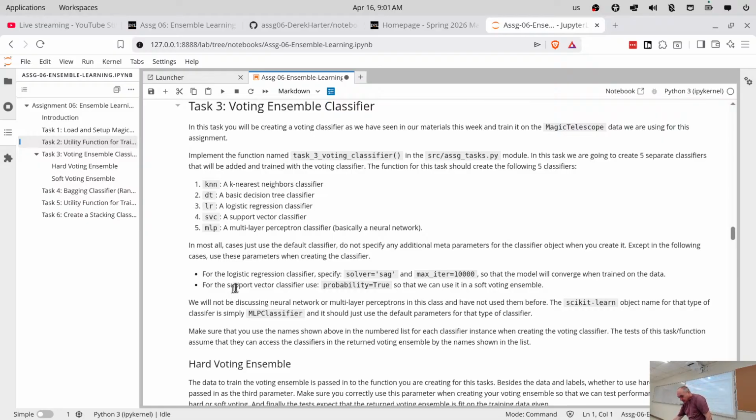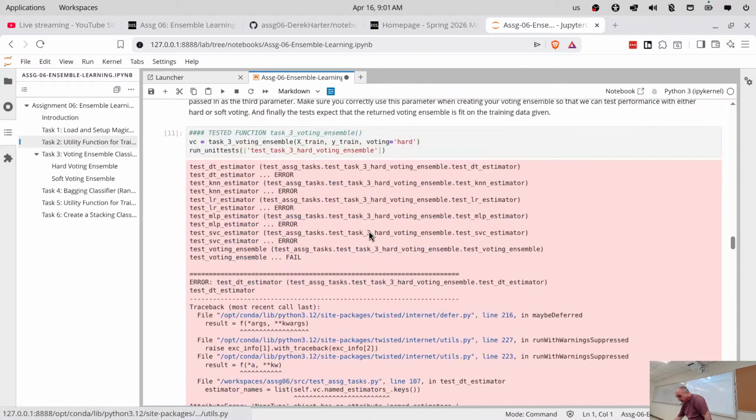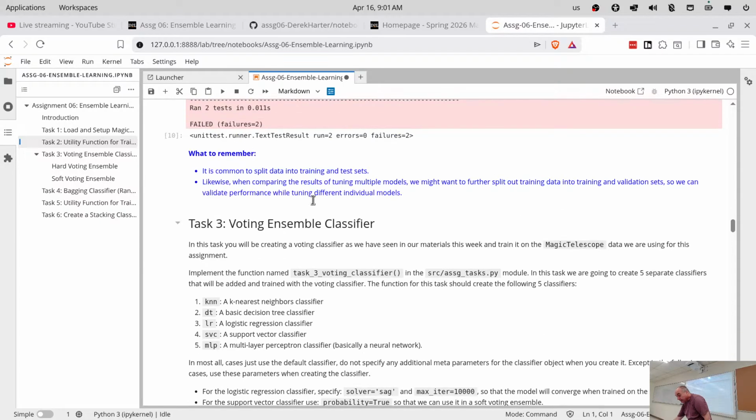Let me just describe a little bit the tasks 3 and 4 for the last 10 minutes that we have here. We'll talk more in case anybody needs a little more discussion about ensembles. We'll talk more about these next week, or of course you can read through our textbook materials and the notebooks for the class. So the basic idea, in this assignment, you're going to get a lot of practice